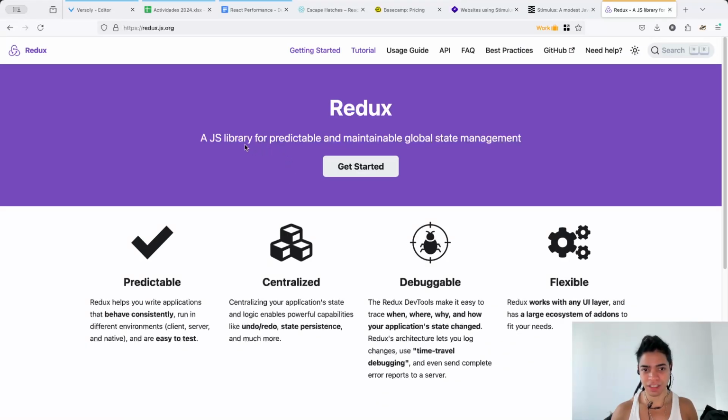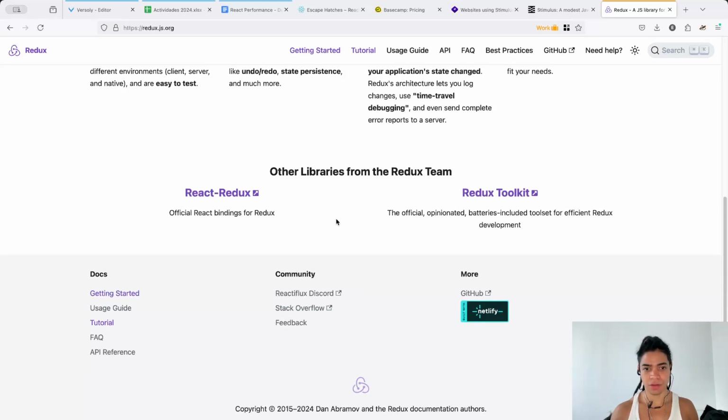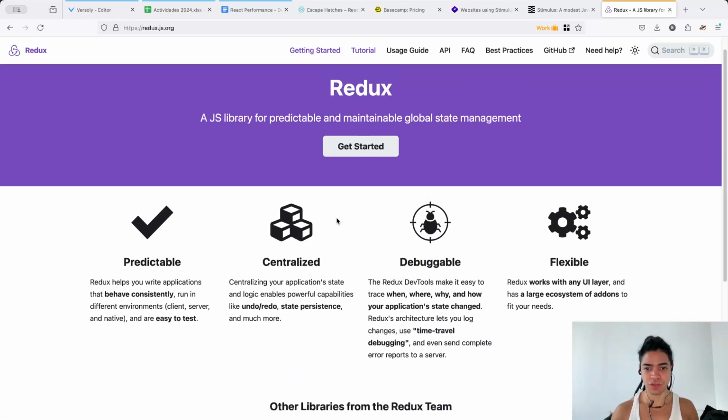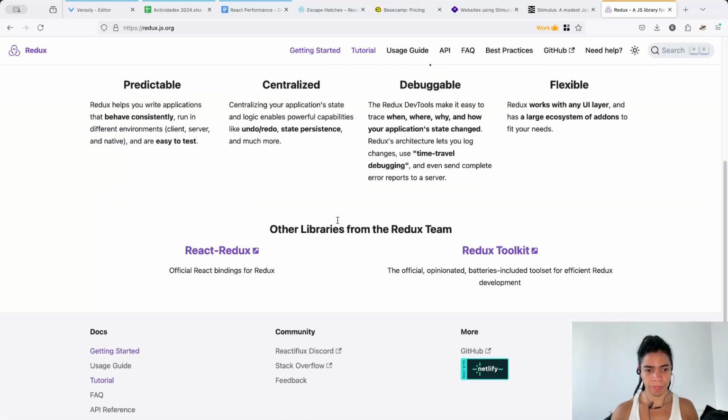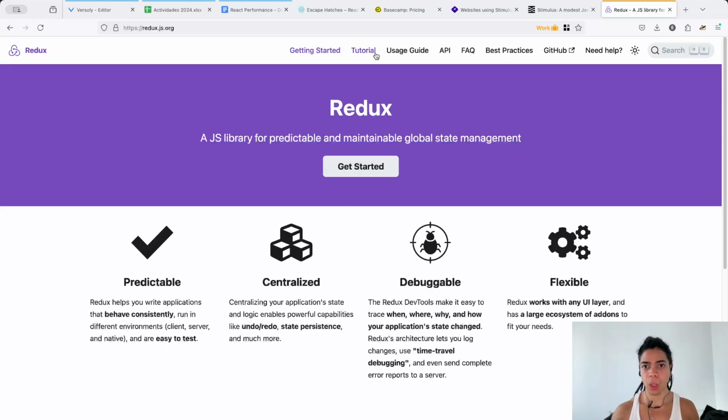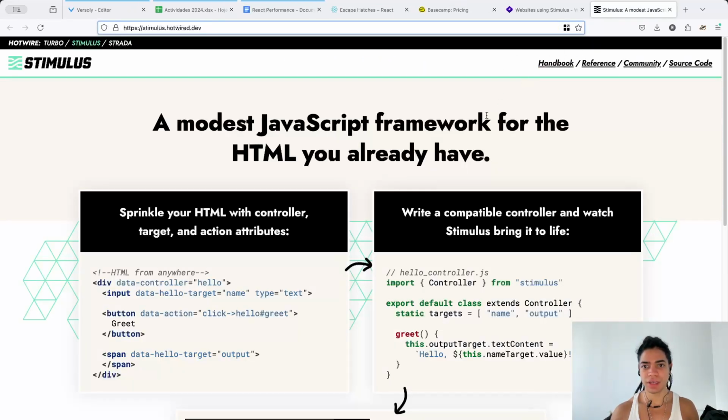It's a JavaScript library for predictable and maintainable global state. That's all. That works with anything, as you can imagine. So it is not tied to one of them. So in any case,